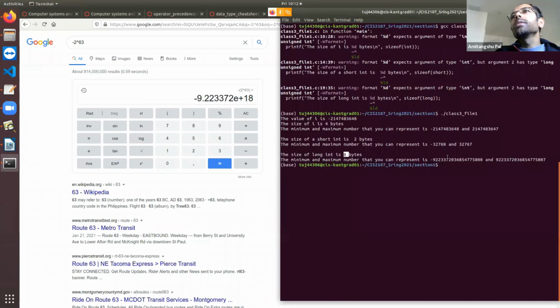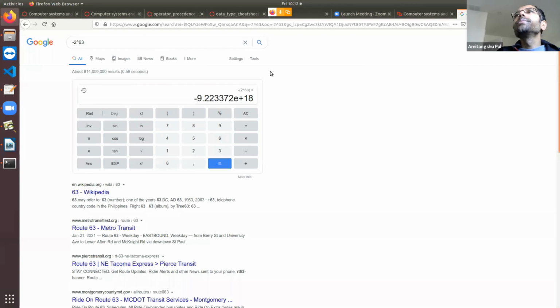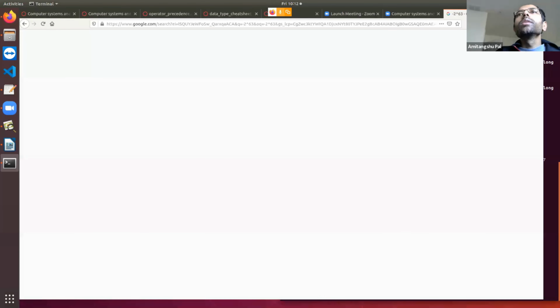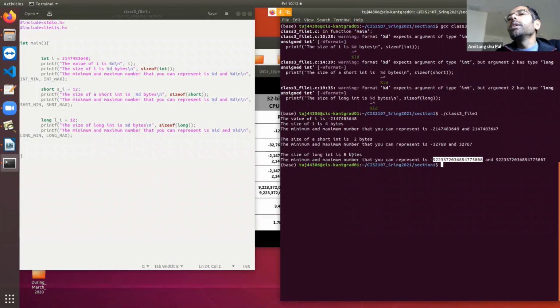So here also it says 9223372. So up to this number it is matching, and this is also matching with our intuition. Clear? Okay. So in this way you can check the range of a long integer.